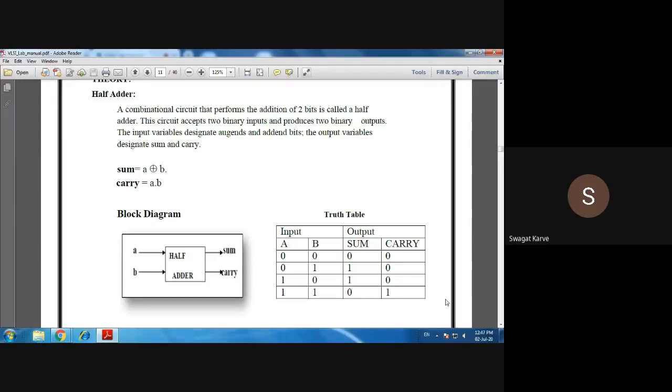What must be stored is something previous to the current state. To store that previous state we require memory in sequential design. Whereas in combinational design, we rely only on the current states of operation. So we don't require memory in that case. This is the basic difference between combinational and sequential design.